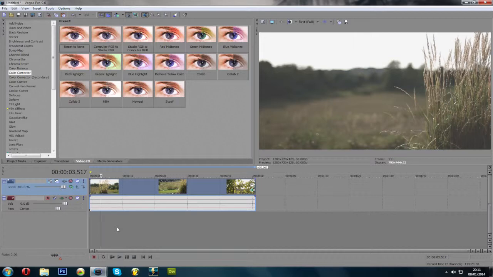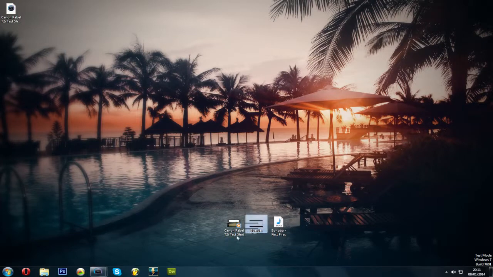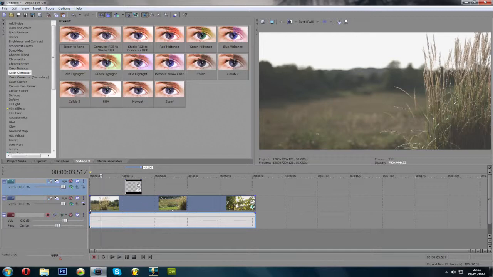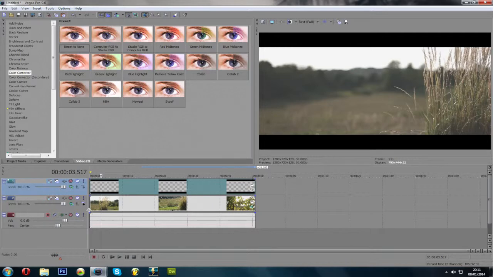So what we want to do is go back to the timeline over here and right click and make a new video track. So insert video track, and this will make this appear up here. And want to go back to wherever you have your border saved and just simply drag and drop it onto the timeline again on top of the video file. So once that's done, you can just drag this out by clicking the ends and dragging it till it fills the whole video. And here we go, black border along the top and the bottom,